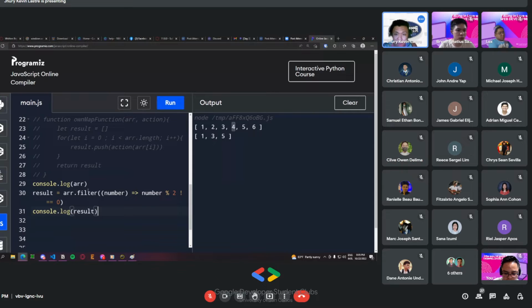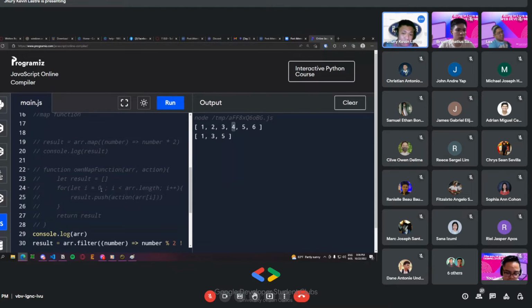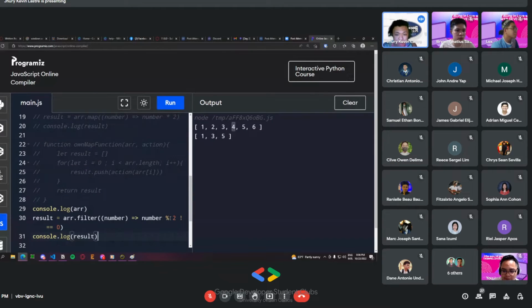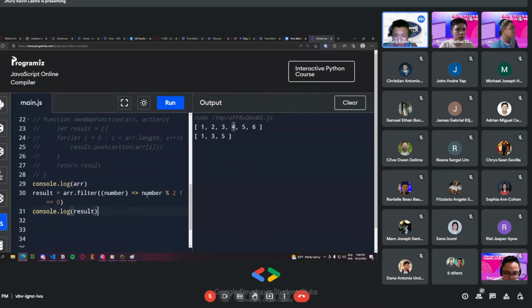So remember, map to return a new array given an action, filter to return a new array again given a condition, based on the element where the condition is true. Whichever element this condition is true for, it returns it. It includes it in the final result. Okay. Next,